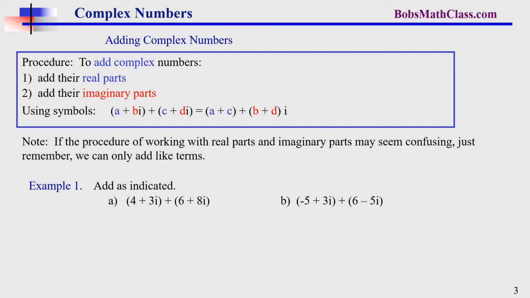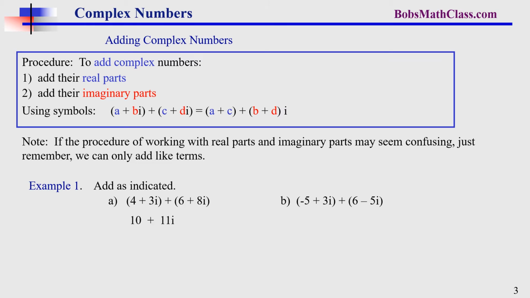What you're going to do is add the like terms. So add the ones that don't have the i first, which is 4 and 6. So if you add 4 and 6, what do you get? Right, you get 10. And then add the i terms, 3i and 8i. Right, that's 11i. So our answer is 10 plus